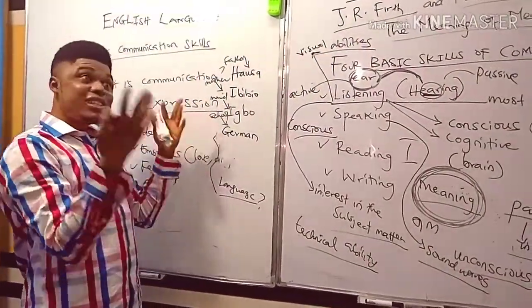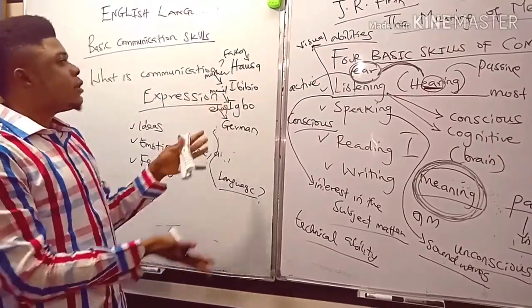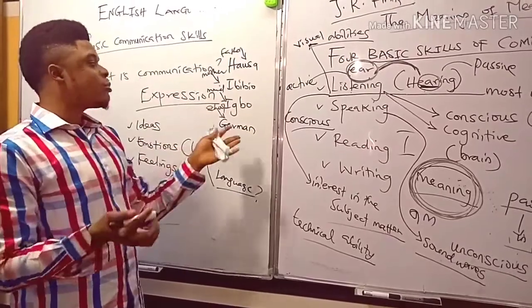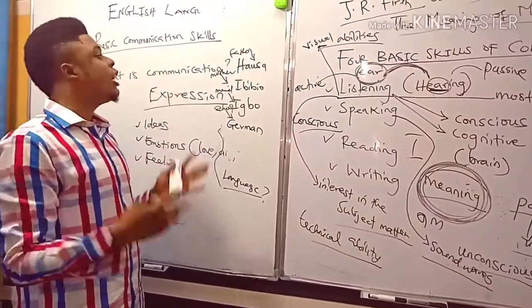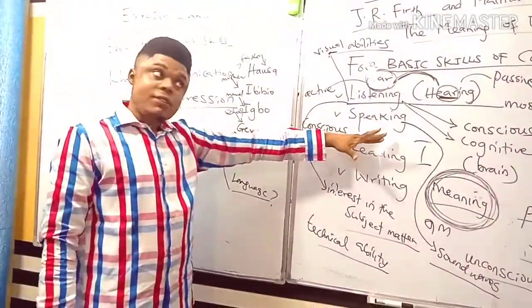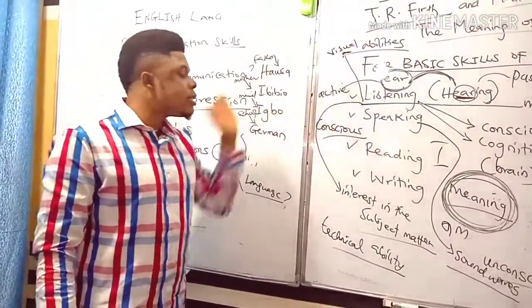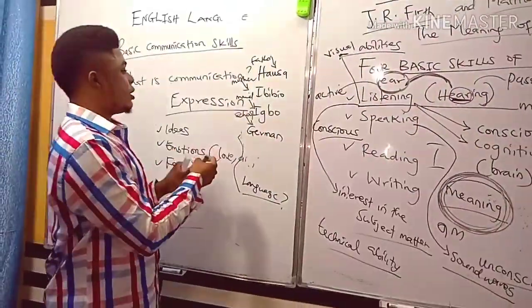So the child obviously learns in German. When he comes home, he hears the mom speak Ibibio, the maid speak Igbo. So that's very hard for the child to acquire a language. That's why we say listening is very important. So for speaking to thrive effectively, that means that individual must have effectively listened. So for this child, this is a very pertinent question.